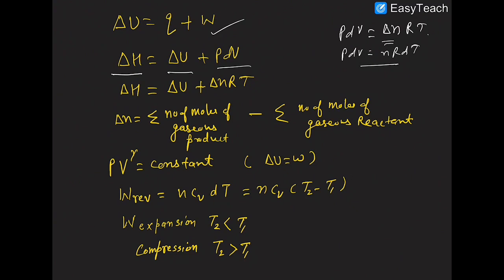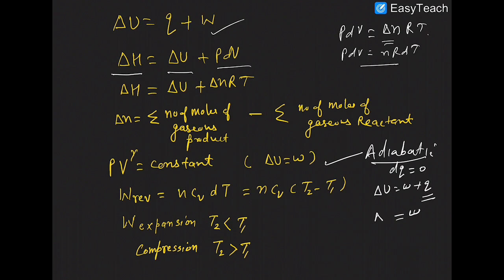Okay, and under adiabatic condition what happens? PV gamma is equal to constant. So PV equal to constant in case of isothermal condition. But what is adiabatic condition? Adiabatic condition is that when no heat change occurs. So you can say that delta U is equal to heat plus work done, and heat is equal to 0. So work done is equal to delta U.